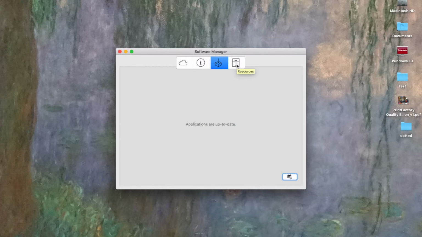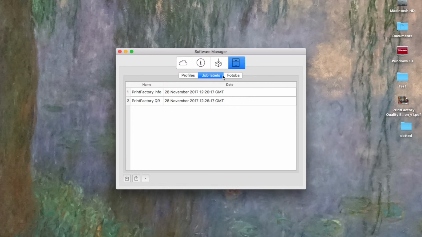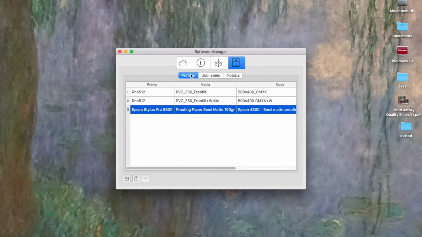The final window is the resources. As I mentioned before, this has brought a lot more of the functionality to import and export down onto the computer, so you're not having to constantly go back to the cloud. And you can see here we have the three options: profiles, job labels, and photo bar. And the profiles show all the elements that you have at the moment. So at the moment I have 3 profiles running on this machine, and it also gives you the opportunity to